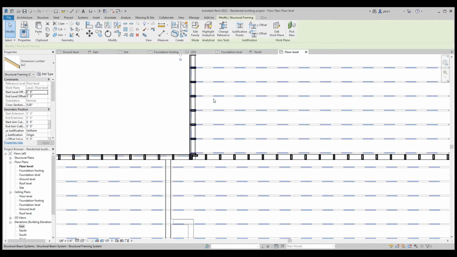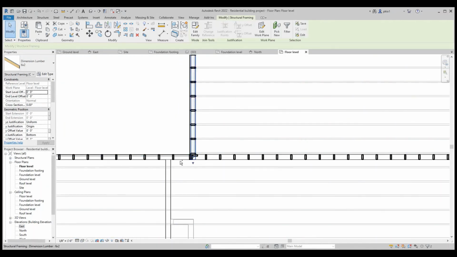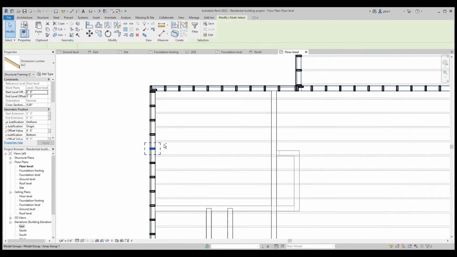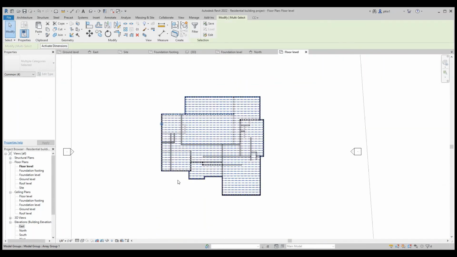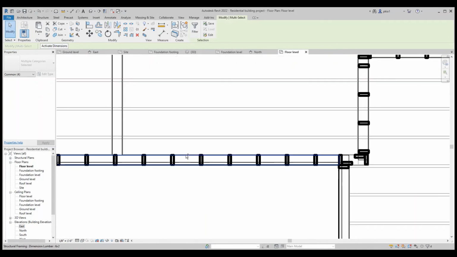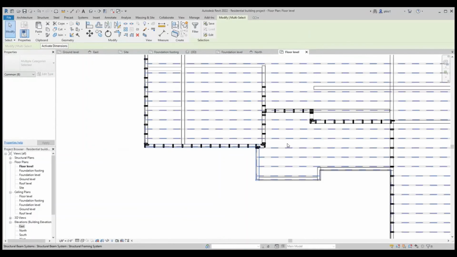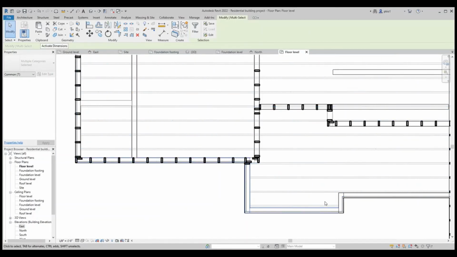To add other selection, we hold down on Control and keep on selecting our bottom plate. You see that small plus icon. Select the bottom plate.